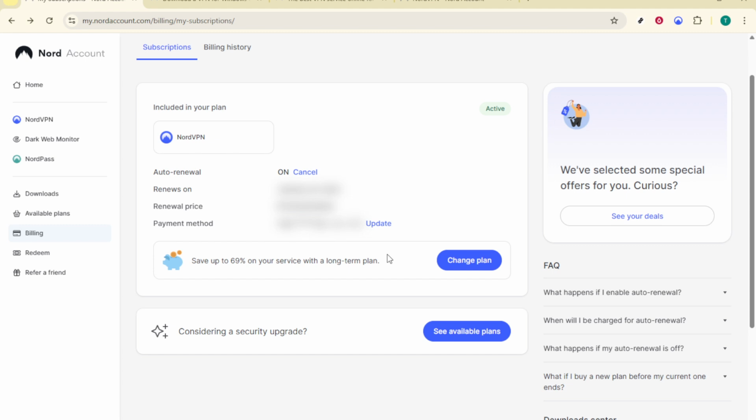That's it. Log in, go to Billing, open Subscriptions, then either update your payment method for future bills or cancel auto renewal to stop charges after the current term. Take a moment to confirm